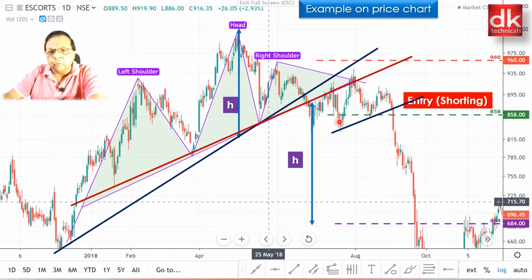So entry would be at this point after the pullback has taken place and price rejection. So the entry zone would be here, or it could be on formation of this head and shoulder pattern. And what should be the stop loss? Stop loss would be this dotted line, which is above the high of the right shoulder. So when we wait for the pullback to correct and then the trend resumes, if we enter here, then this particular neckline can be used as a reference, and even 1 ATR above should be enough as stop loss.